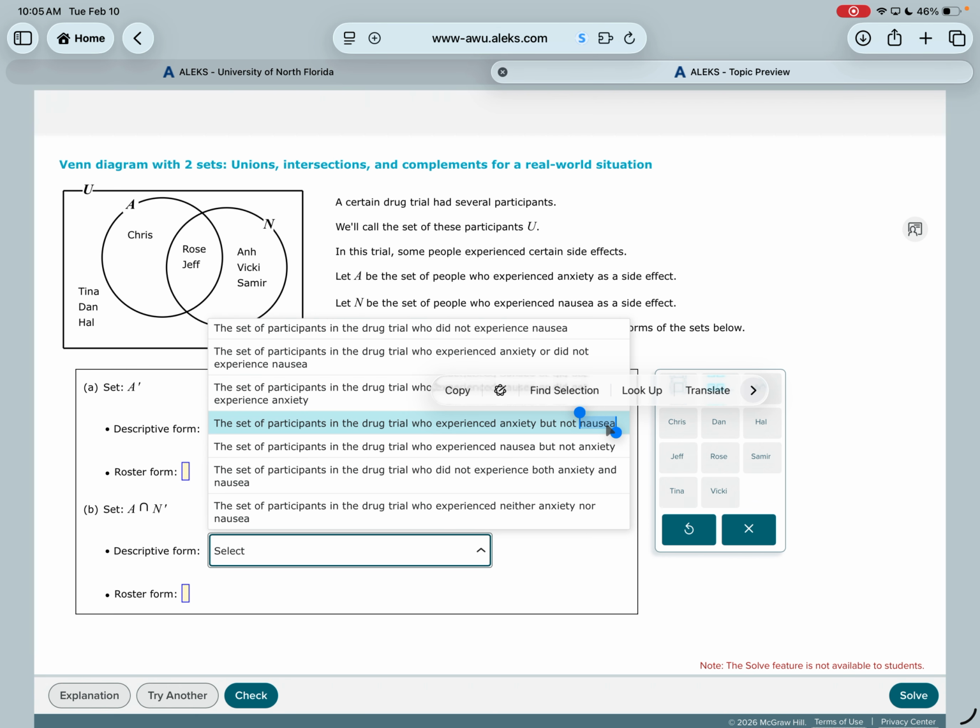Okay. They don't use the word and, but that sentence is insinuating that they have anxiety and they don't have nausea. They have anxiety but not nausea, okay? So just be careful on that one. You might be looking for the word and and you're not going to see it. So anxiety but not nausea means it is a combination. It's what they share. They share anxiety and they don't share nausea. Okay. All right, that is the